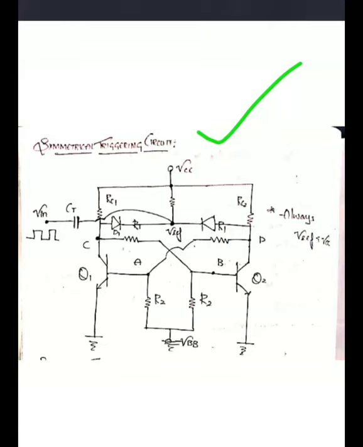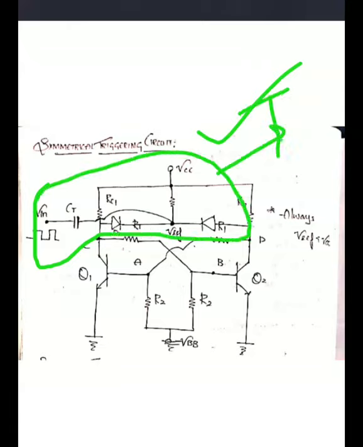Similarly, the same concept but with a slight modification in the circuit diagram. Therefore in the bistable multivibrator, let us look into this. This is the bistable multivibrator with the R1 R2 network and R2 network, and this combination we call a simple trigger circuit.